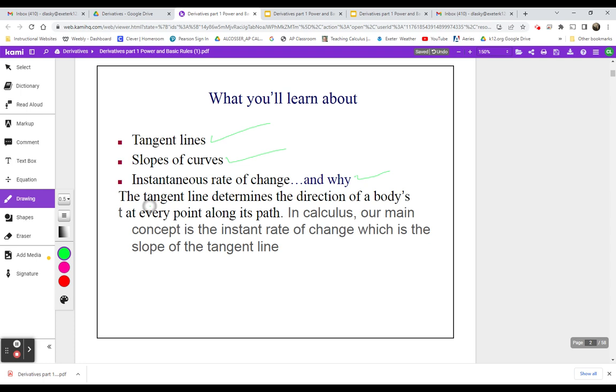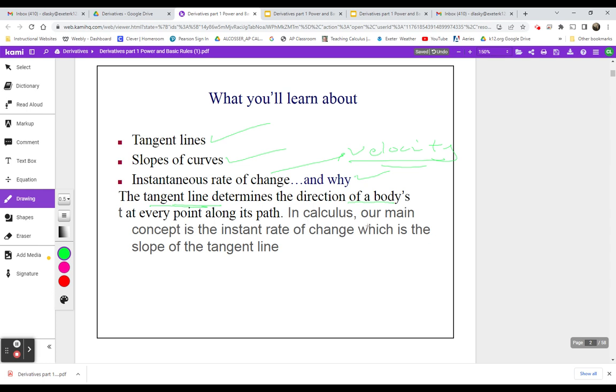Number one, tangent lines determine the direction of a body's motion. This got a little messed up when I was retyping. Basically, it finds its instantaneous velocity. So, instantaneous rate of change is its actual velocity at a point, velocity at a certain point. And so, this is kind of where we start dialing in with physics and some different things. And that's why it talks about a body's point, like a particle or a car or something moving along a